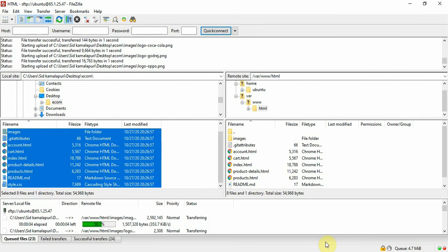So let's wait and see the complete procedure. It is very fast, right? Now it is 2 MB, 1.8 MB. The server is giving us the first reply. So let's wait a little more.